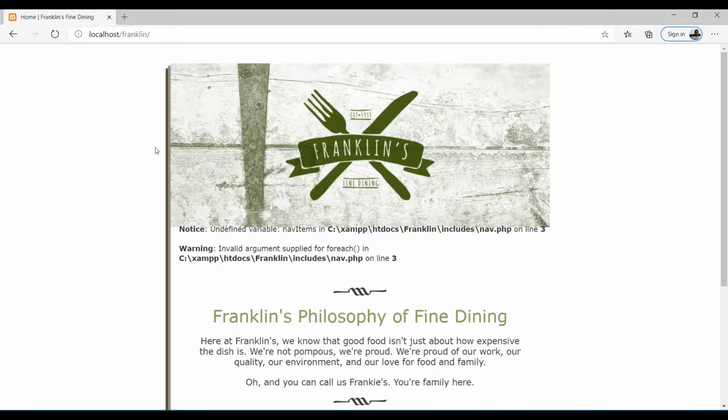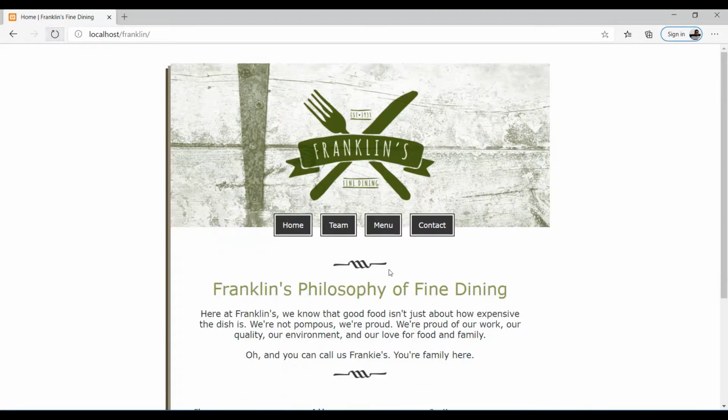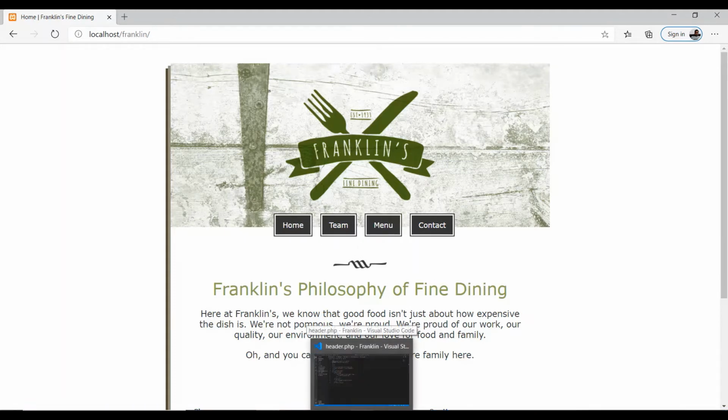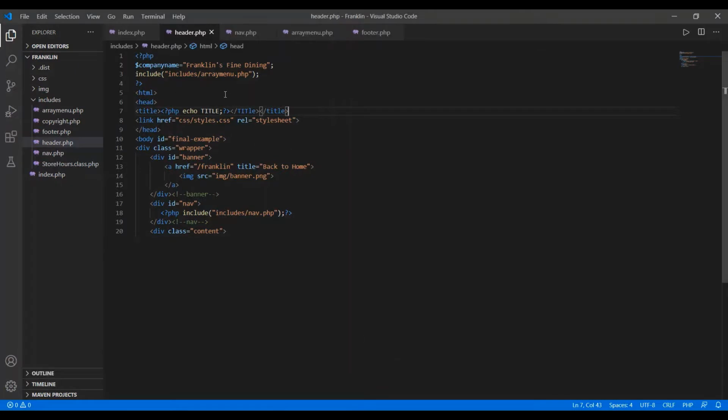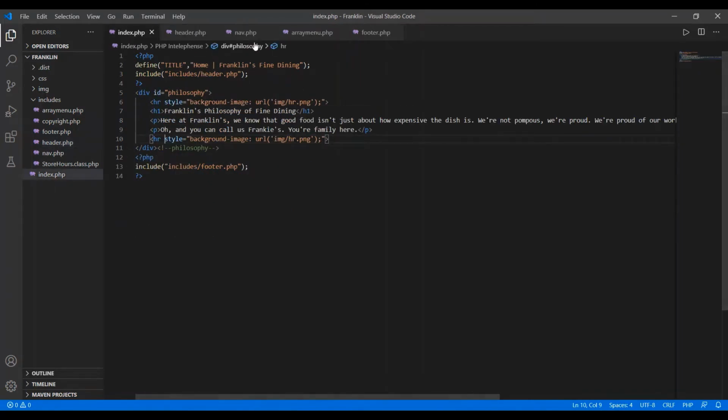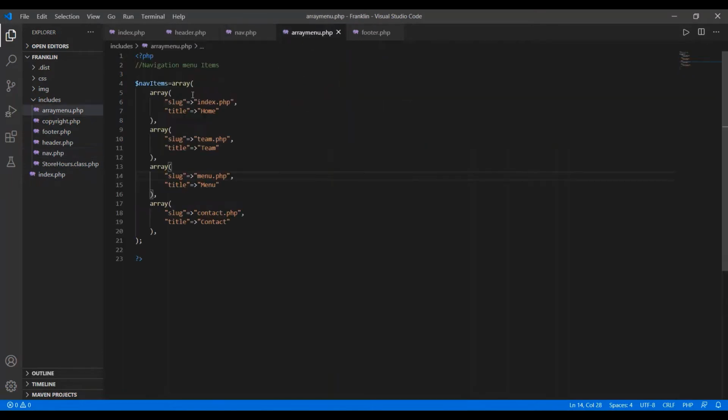Save your changes and move to your browser, refresh it here, and you see the menus are added here. So this is the way of creating the dynamic menu using PHP, and this is how we can add the menus to the files here.